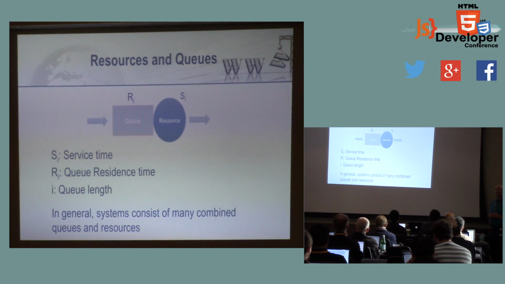Because not only do you have to wait for the server to do its thing, you also have to figure out how long you're going to stand in line. So if you want to know, back to our movie example, how long is it going to take me to get my ticket? What do I need to know? I'm going to count the noses, how many people are in line. I'm going to count how long it takes for an individual to get his ticket, and then I'm going to know my queue residence time, how long I have to stand in line.